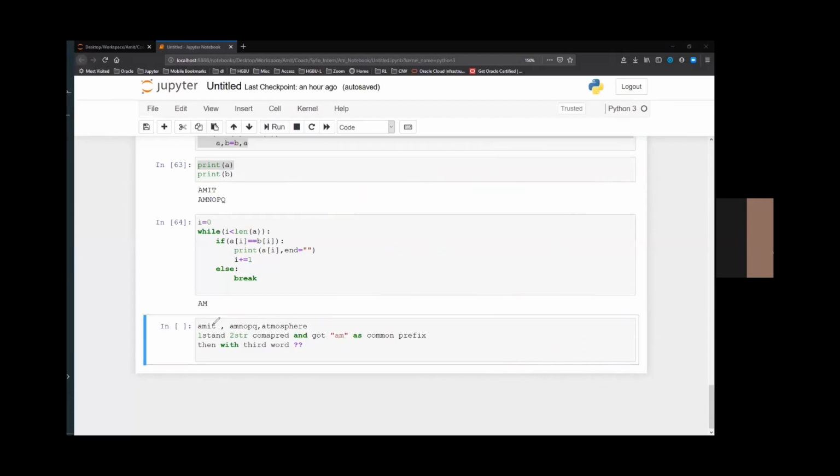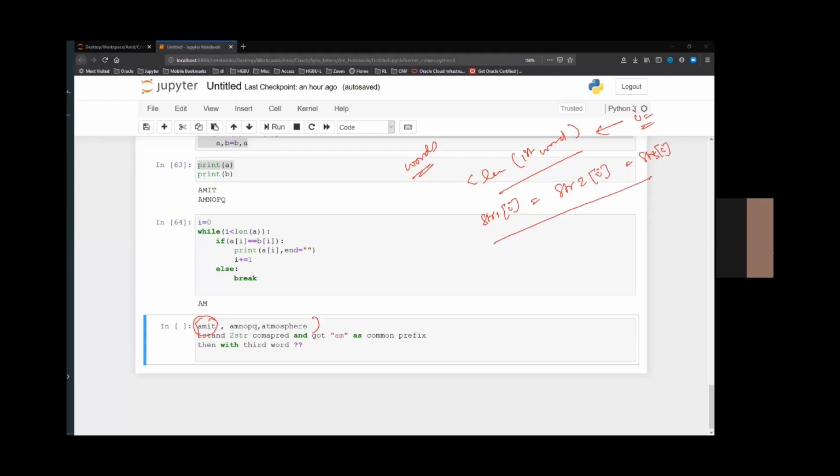If these are my list of words, I'm starting with the minimum one, i less than len of the first word. From this line I'm iterating for the i value. Now I will compare this i value for all the strings which are there: str1 of i equals str2 of i equals str3 of i.